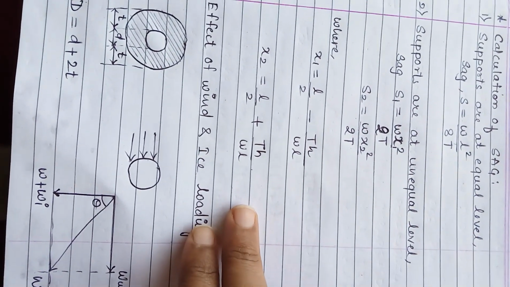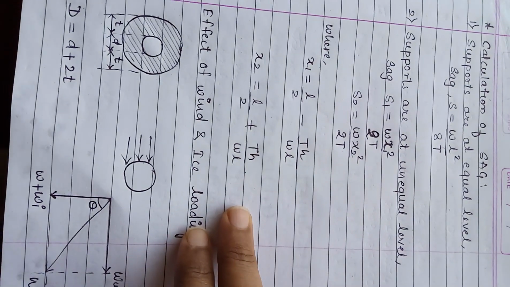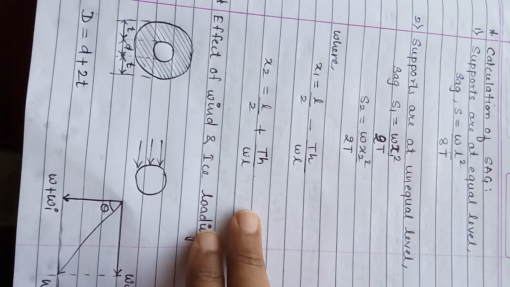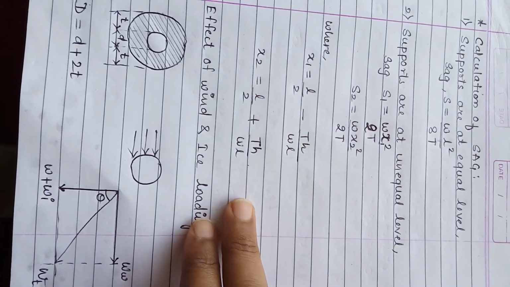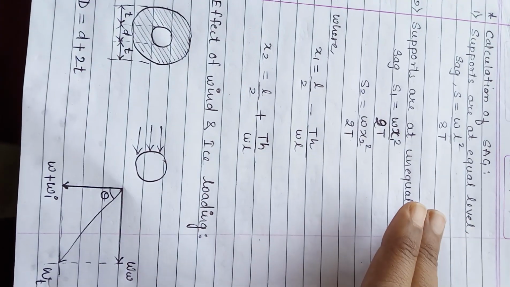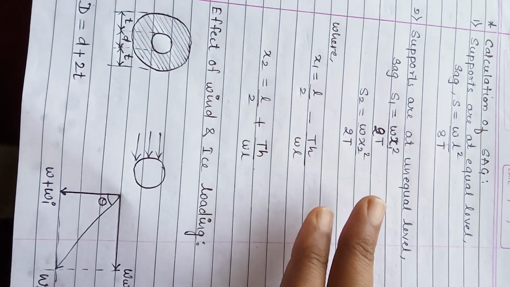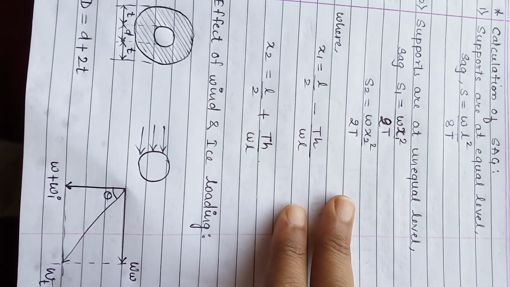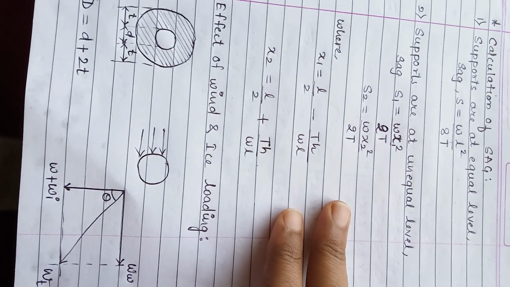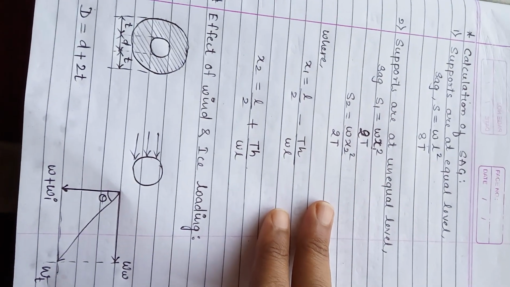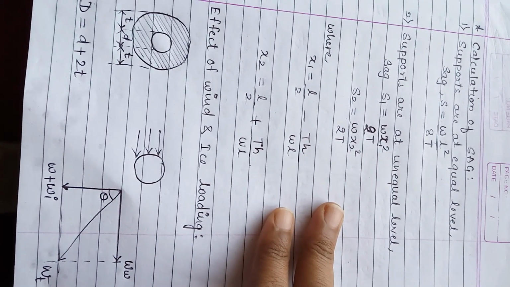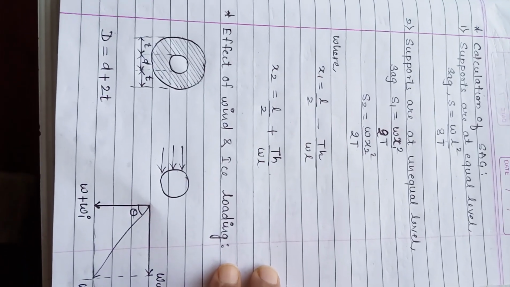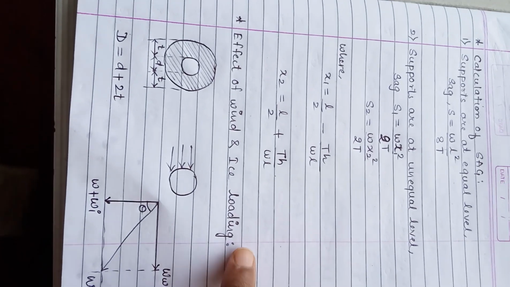So these are the formulas which we are going to use in order to calculate the sag in the conductors when they are installed on the supports, right? This is for equal level and this is for unequal level. So you need to remember these formulas for doing the calculations, as there may be 10 marks sums based on this sag calculation, right? So an additional thing which we have to consider while calculating the sag is the effect of